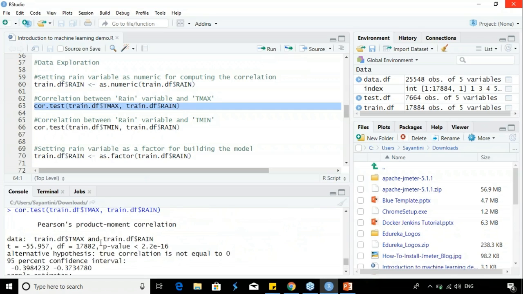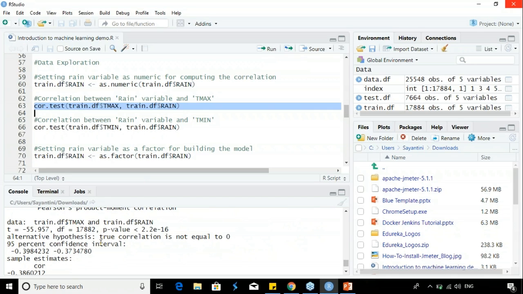Now, the most important thing to look at in this test is the p-value. This p-value has to always be below 0.05. Now, guys, I know to most of you this might seem a little confusing because you might not know what p-value is. P-value is basically the probability value. It is used to test how significant a particular variable is in building that model.